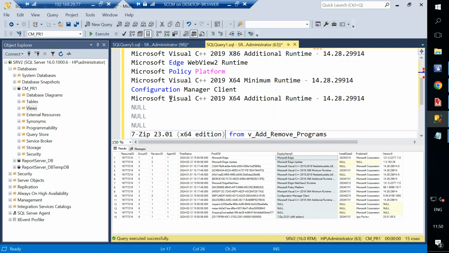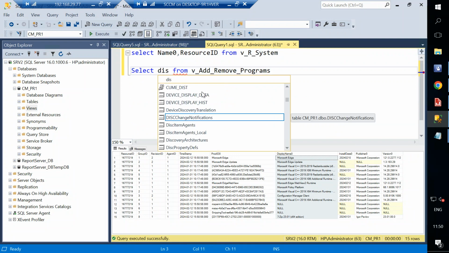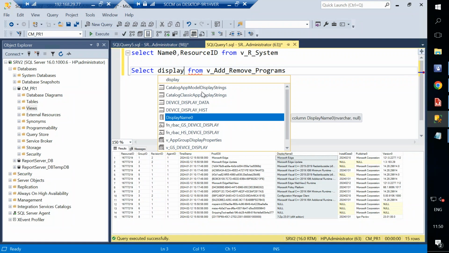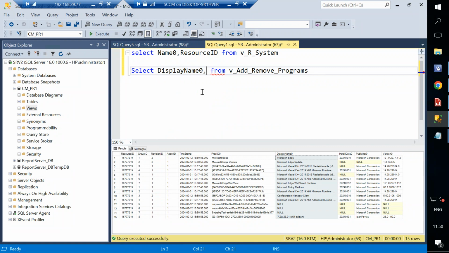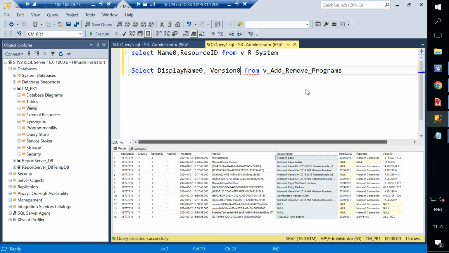Wait, I will type it there. Display name. Okay, and I need version day. Install date is coming in a different format. So we can also do the formatting, but we need to check how to do it. So as of now, let's take display name and the version 0, which will give us the version for a